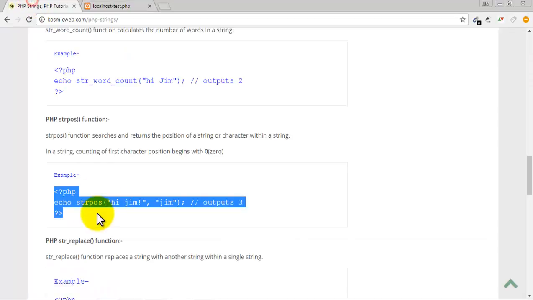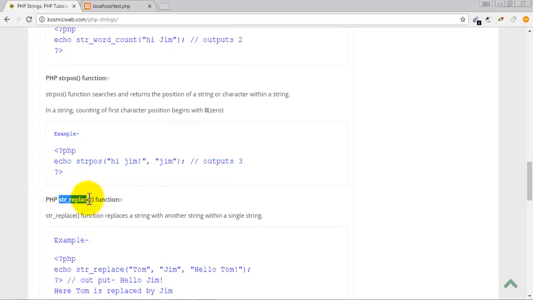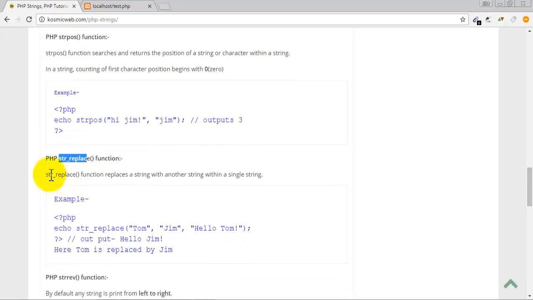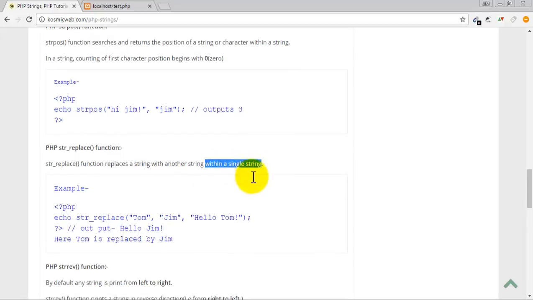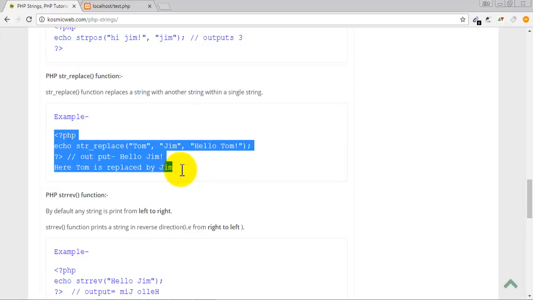Then come to the next function, that is the str_replace function. The PHP str_replace function replaces a string with another string within a main string or within a single string. I am taking an example.